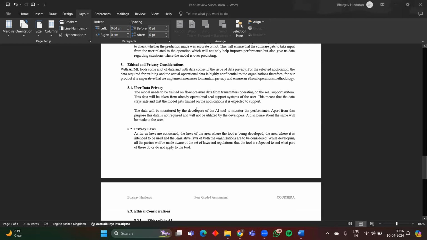Related to ethics and privacy, there is a lot of data, and all of this data comes with a lot of privacy considerations. For privacy, this model will obviously be trained on data given by the user itself from already operational systems. This means that the data stays safe and the model gets trained on the application that it is expected to support. So this data is restricted to the user itself